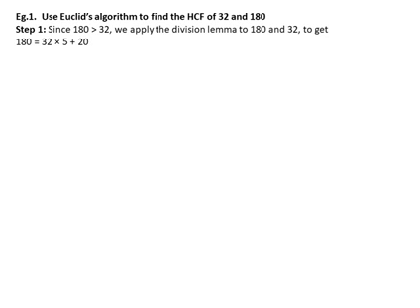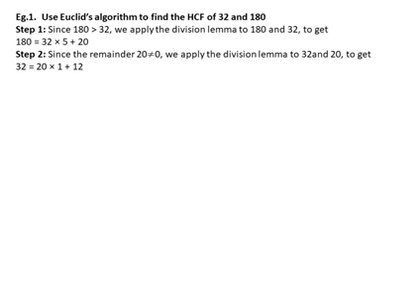If it is not equal to 0, as I said, we need to take the b value and r value from the previous step. The b value is 32 and the r value is 20. Now 32, that is the b value, should be assumed as a, and the r value should be assumed as b. Now 32 is equal to 20 into 1 plus 12. That is 20 ones are 20 plus 12 is equal to 32. Now the remainder is 12.